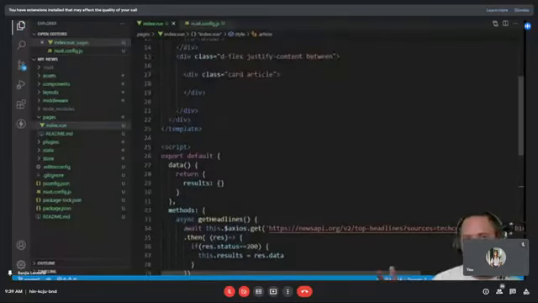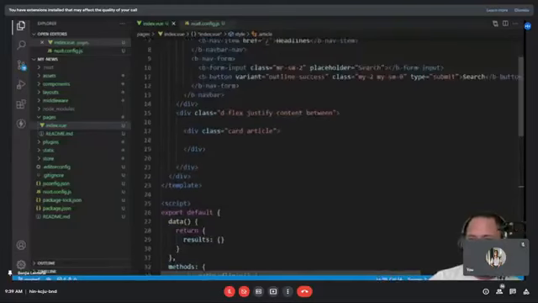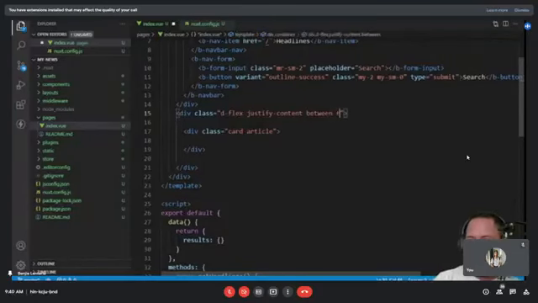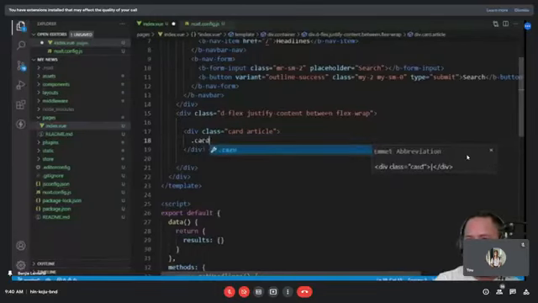So 30%, three cards in one row. Of course, we'll use d-flex with flex wrap. Okay? So we'll have our card,